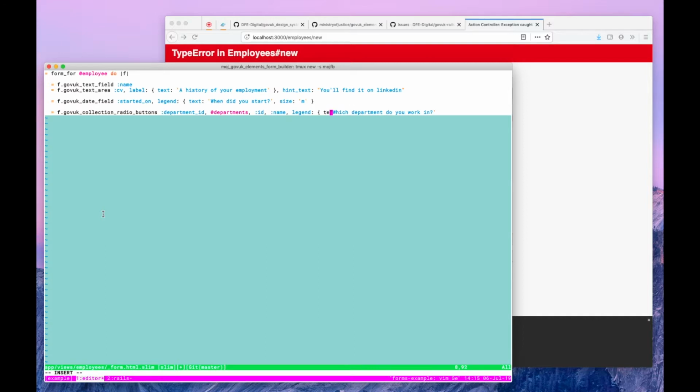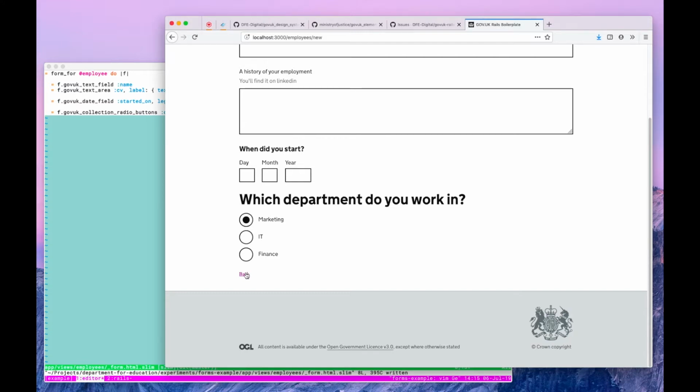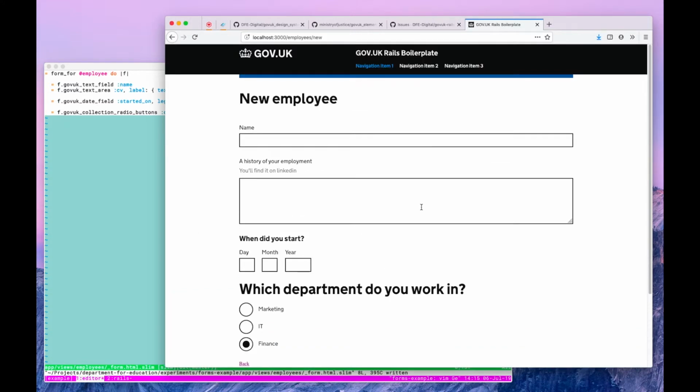Excellent. Now, one area that caused us a bit of pain with the MLJ form builder was that when it